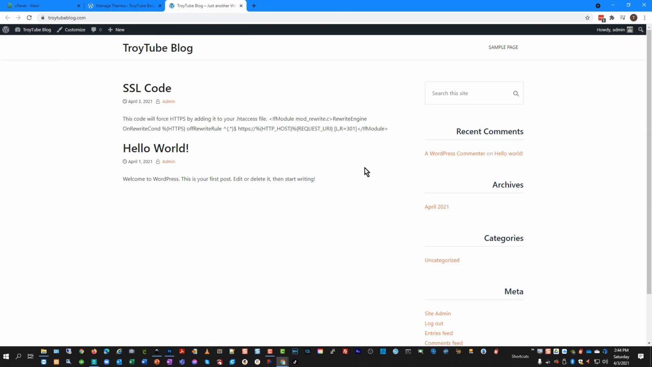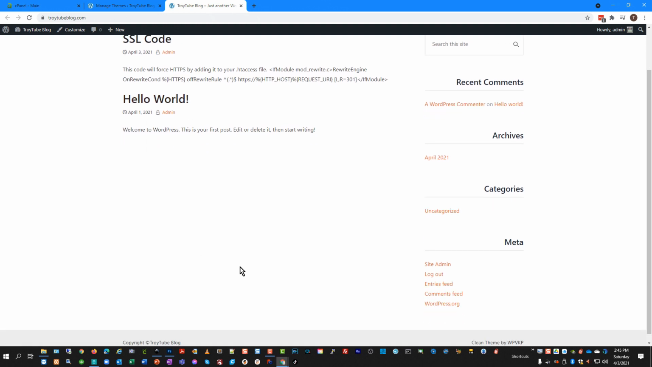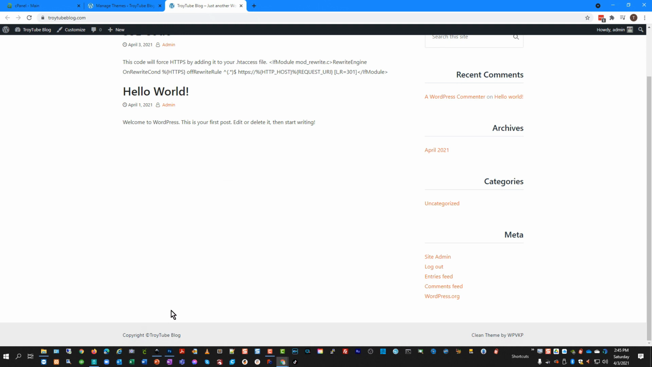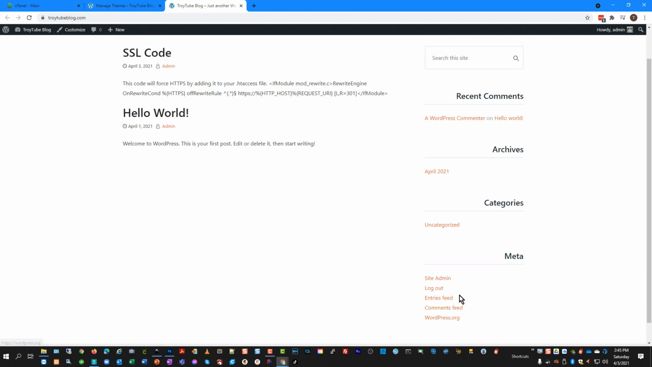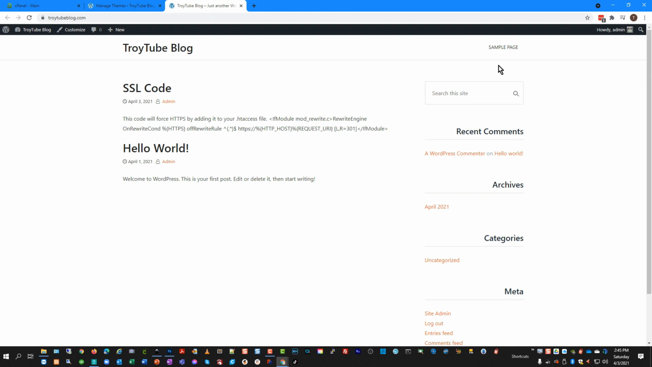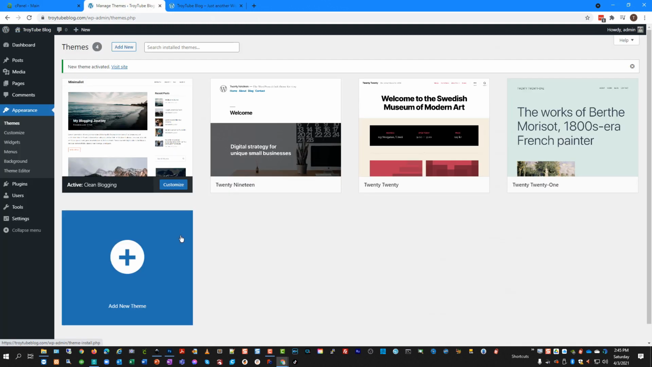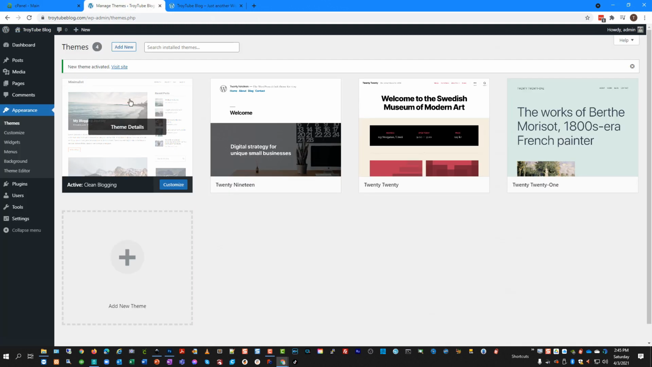And you'll see that it took away that mint looking page, and you see the SSL code that I posted in the previous video, as well as the hello world post that is there by default. And you notice the footer widgets that were in the previous one have moved over here to the right column, and up here is a sample page link, which is actually part of the menu. We just don't have enough pages yet. So we'll go back over here to the